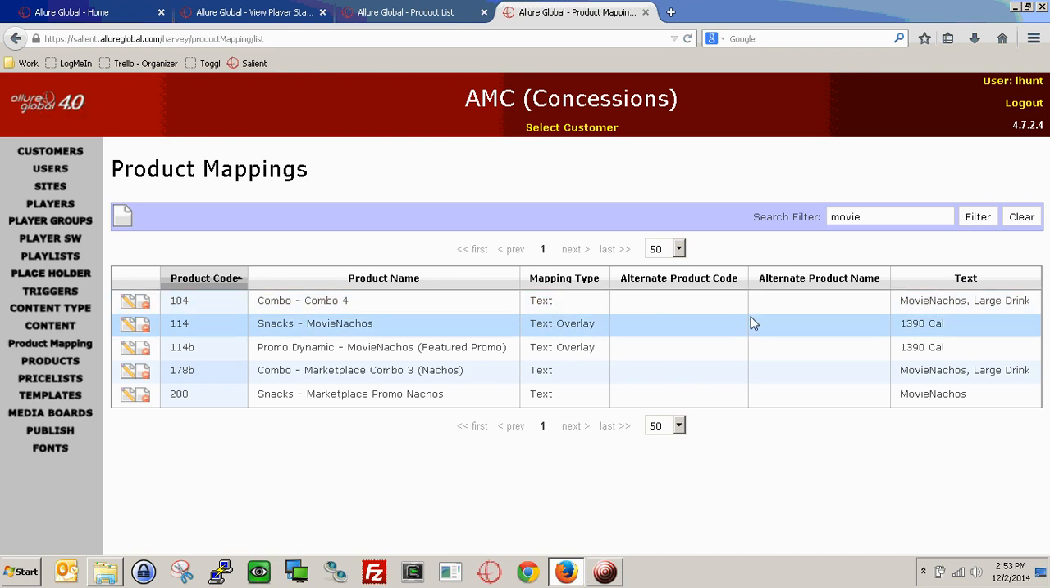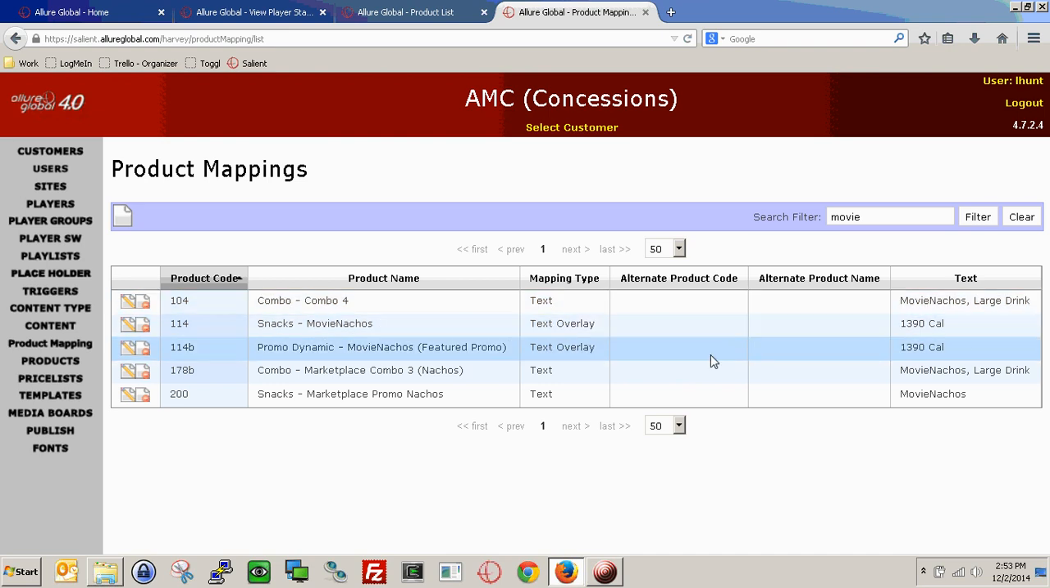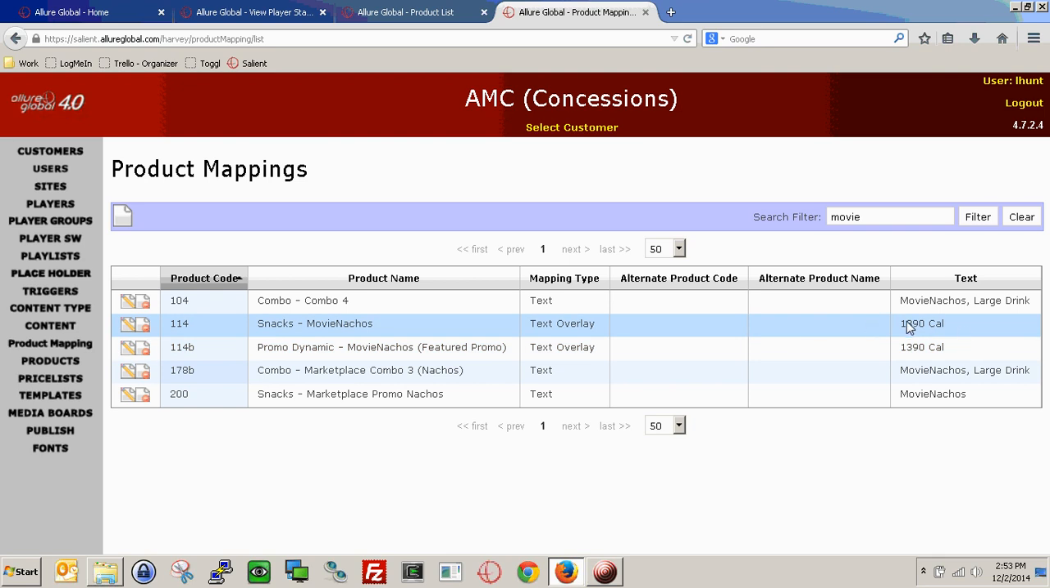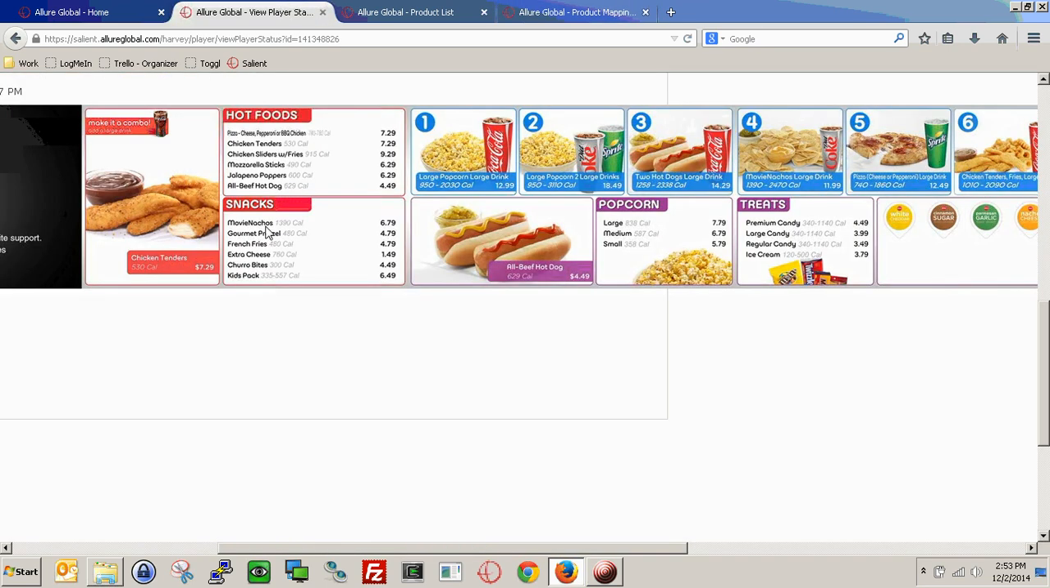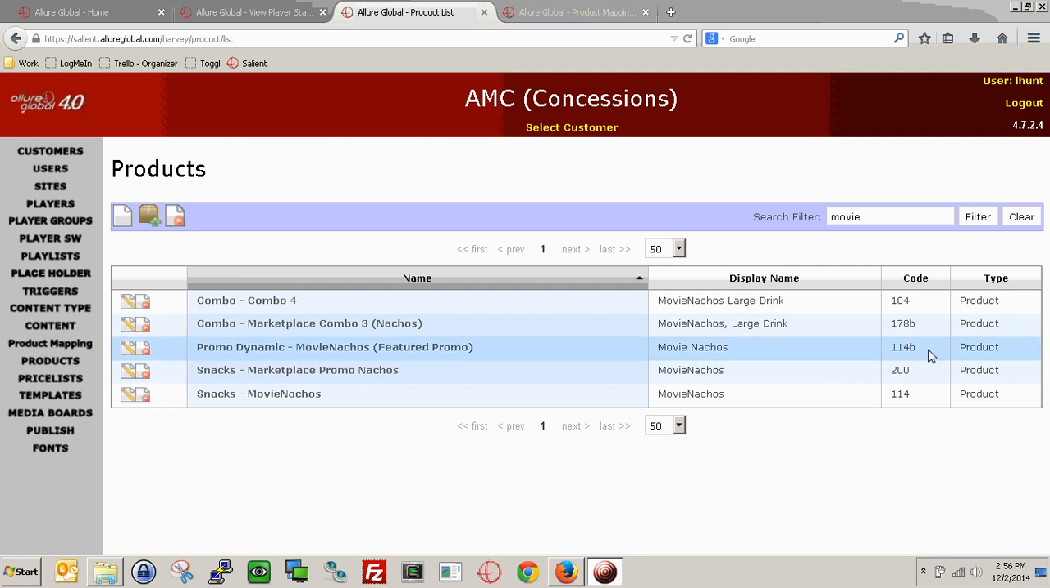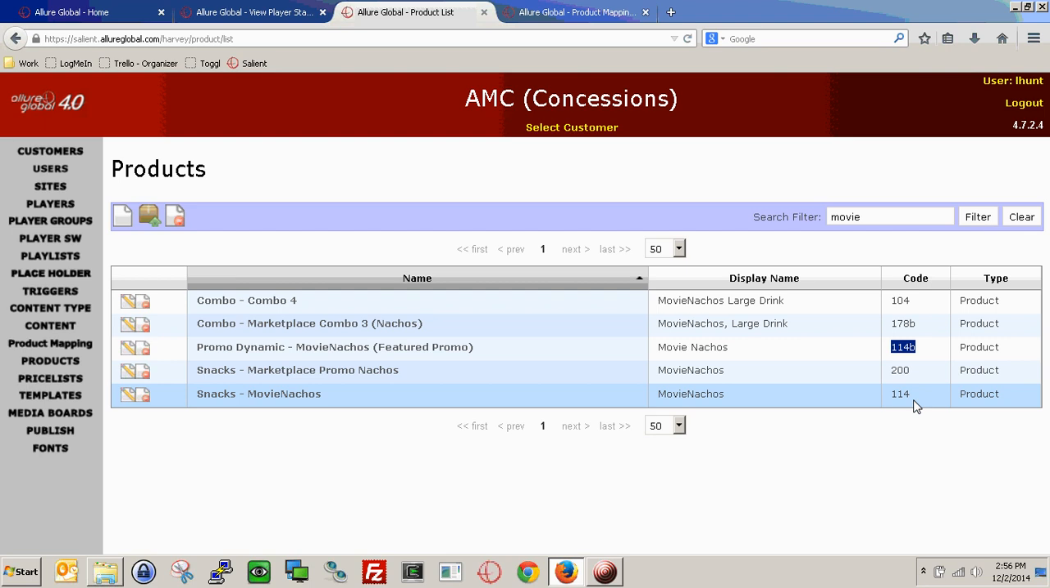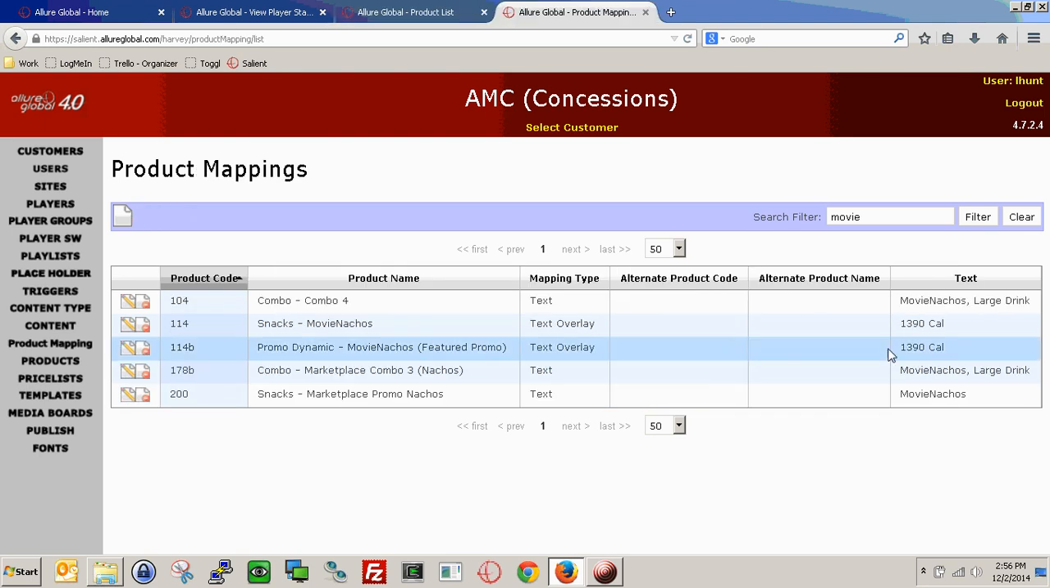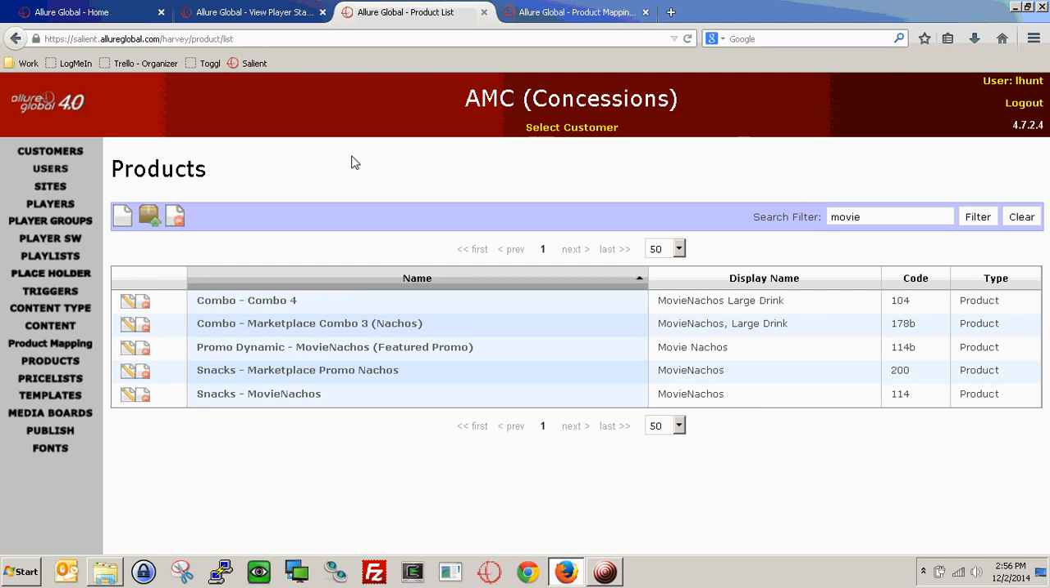So here we have the text overlay, which is being shown right here. So 1390 for $13.90. And we can also use that same product code. So here we have the product code 114 that's currently being used. So 114 and 114B. We can actually go over to our price lists